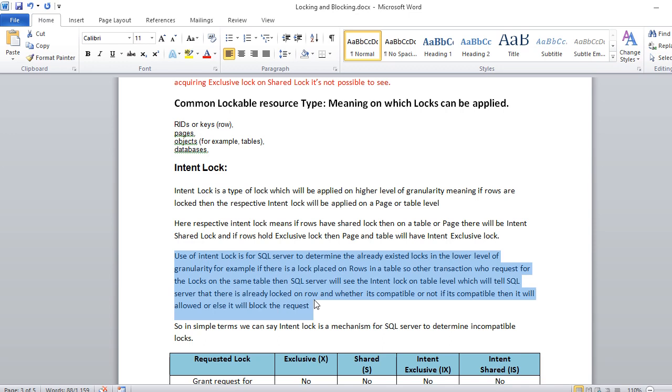So now the intent lock comes into the picture, which tells SQL Server that the incoming request for the lock is incompatible with the lock which is currently there. How will SQL Server determine that? It will first check whether that table or page has any kind of intent lock, intent shared or intent exclusive. If the incoming lock is compatible with this lock, then it will grant the permission. Otherwise, it will place the new request on wait.